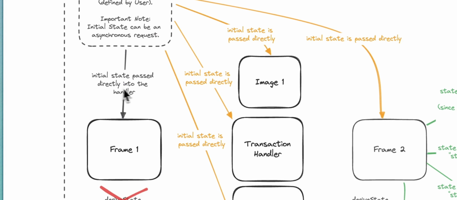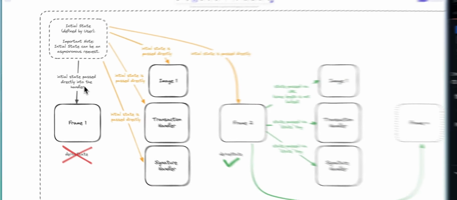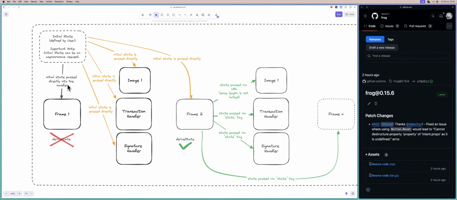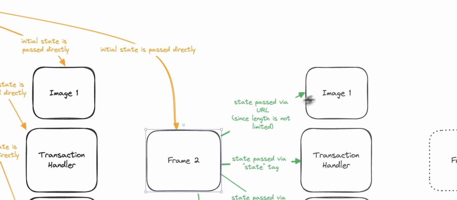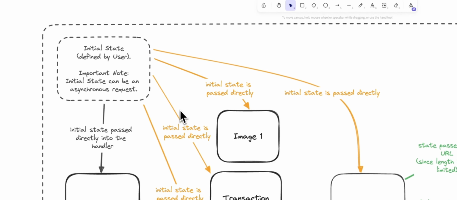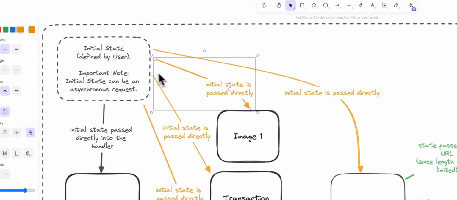So the initial state, this state management concept is quite important, because this change pretty much allows you to build much more state-centric Frog frames than before. And with that change that I have mentioned previously with the image handler, the way it works for the second frame, I just explained it. But for the first frame, what is actually happening